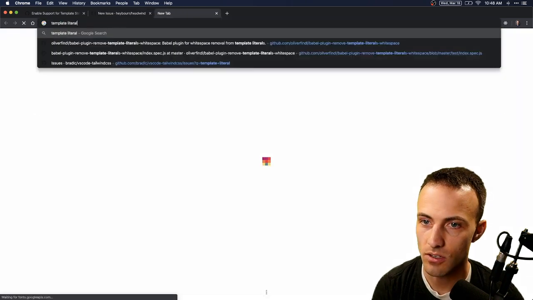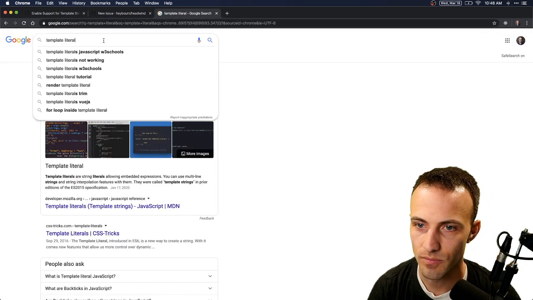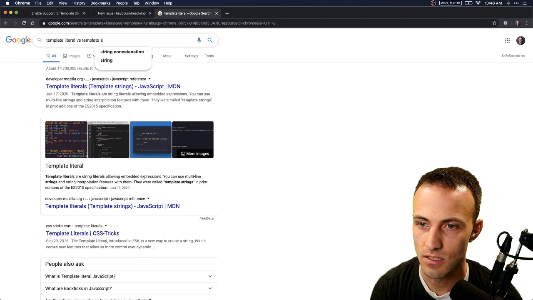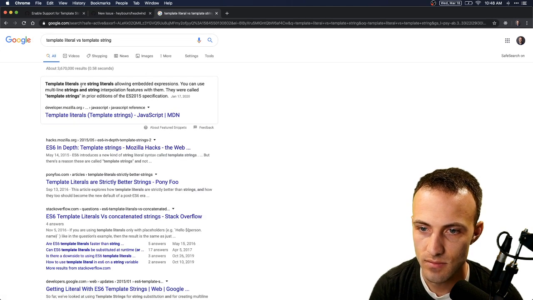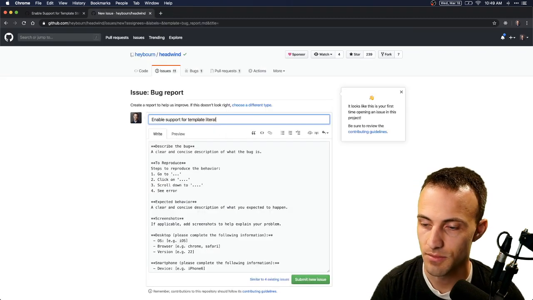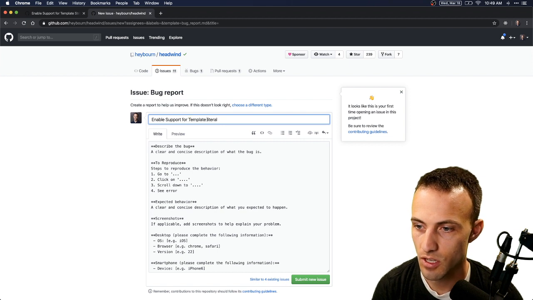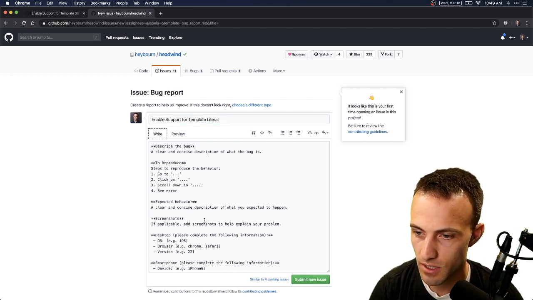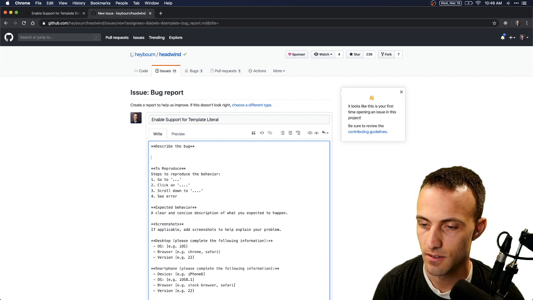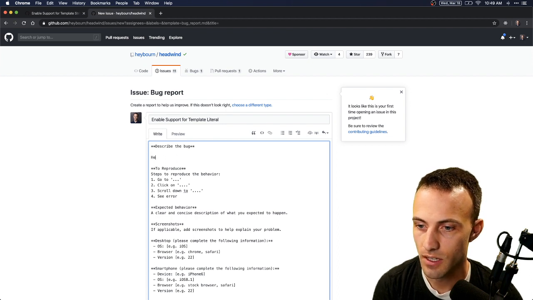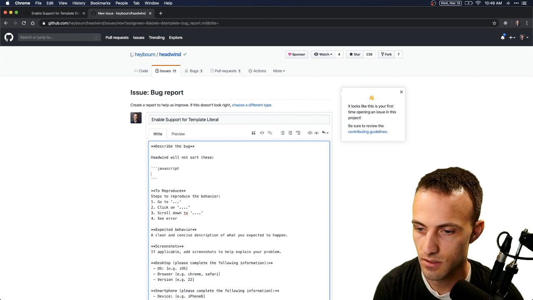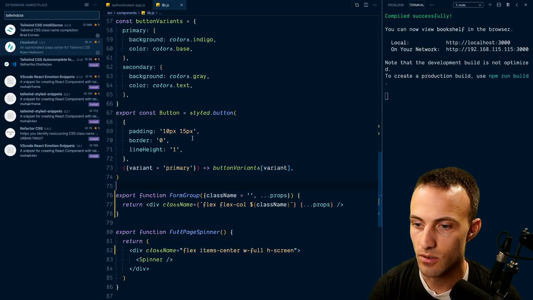Okay, template literal or template string. I'm pretty sure it's template literal versus template string. Yeah, there's string literal, template literal. Yeah, it's literal, not string. That's what I thought. Template literal. Let's capitalize stuff. Headwind will not sort these. And we'll just